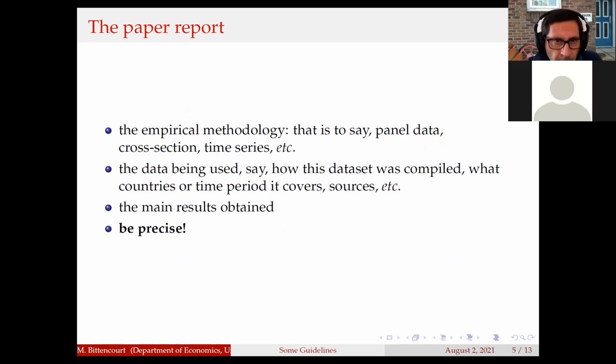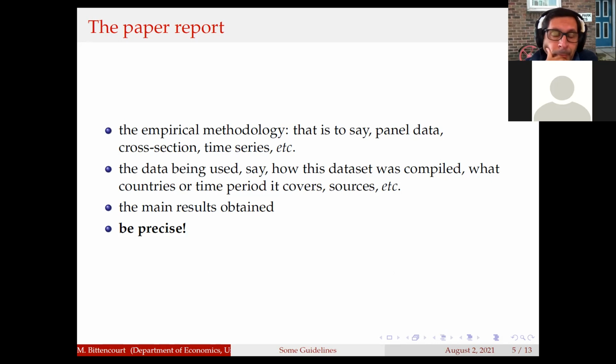The empirical methodology, that is to say, is it panel data, is it cross-section, is it time series? You have to tell the reader, the editor, I'm just repeating myself. What is the method that these people are using? The previous guys, they use cross-section. Remember the terminology. It was a cross-section, right? One data point. They took the averages. They didn't use panel data, although they had the panel, but they took the average of everything, so they constructed